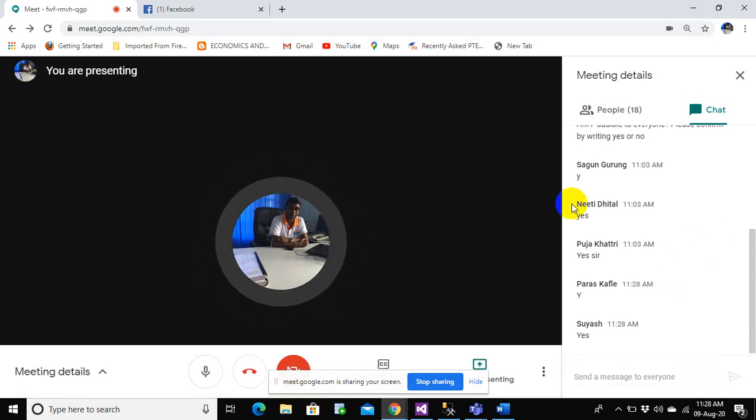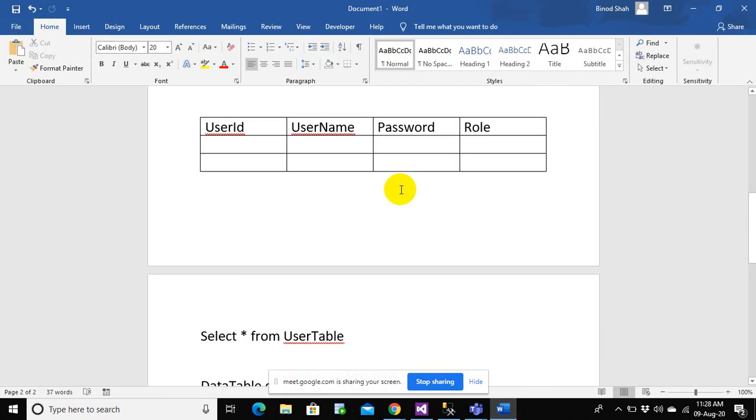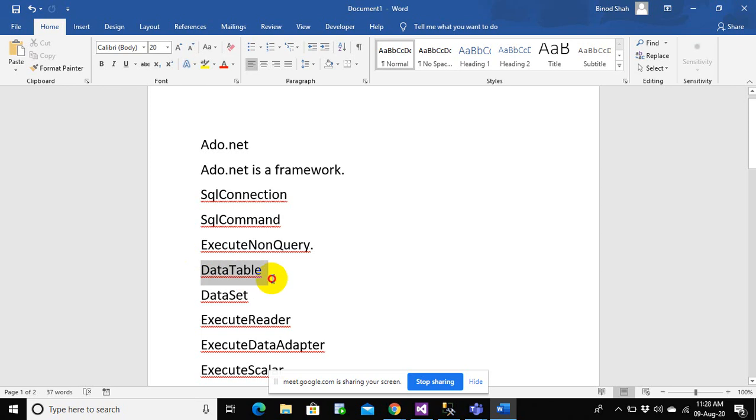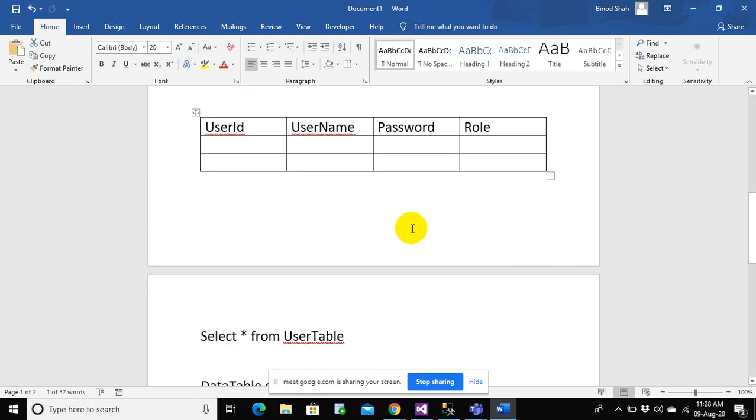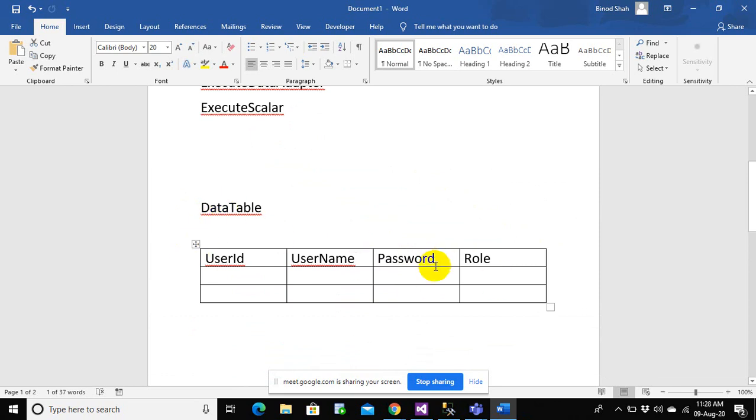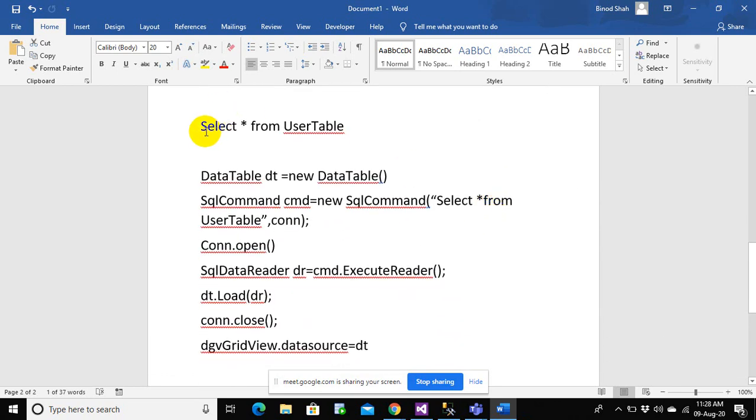Let me repeat it once more. Let me get back to the work. First of all, our major objective today was to understand this data table and data execute reader. We understood that a data table is a table of the data, nothing more than that. If you do select star from the user table, this is going to read all the users. But in order to execute the query, we need to have an execute reader, a SQL data reader. So we select star from the user table and retrieve all the values through the use of SQL data reader.